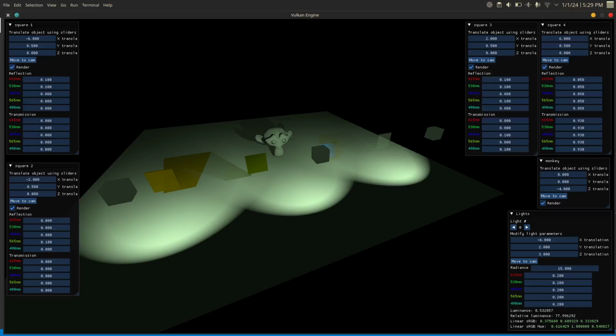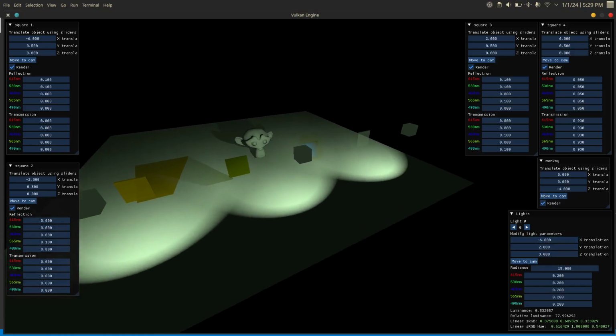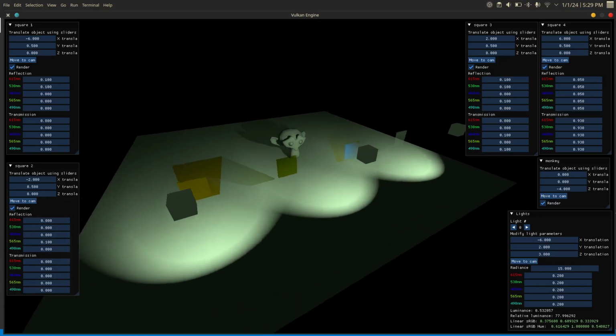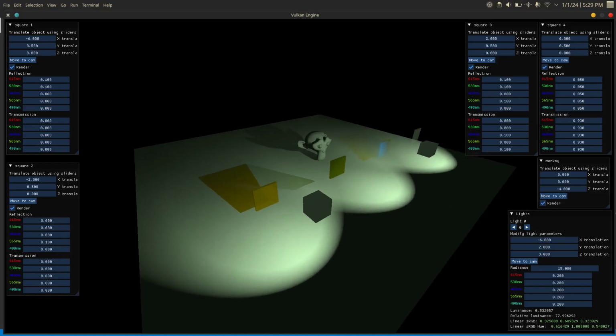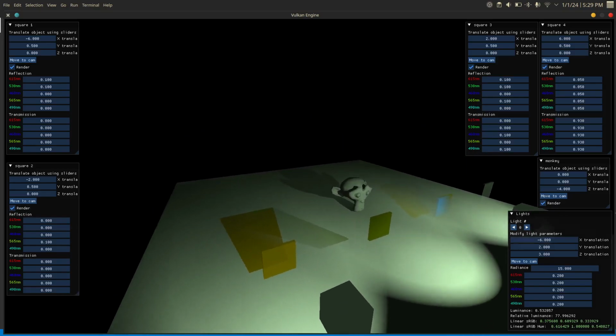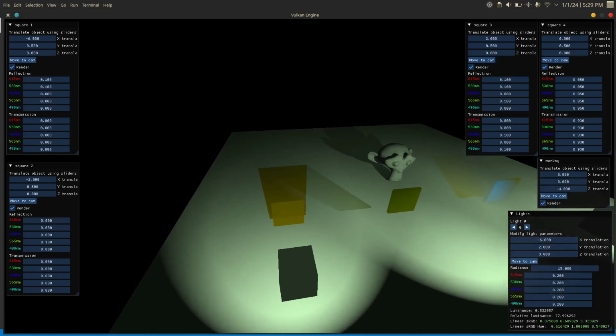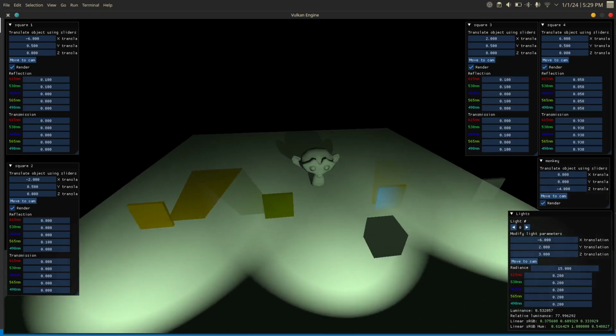Hi, this is Justin Murray, and in this video I'm showing off my spectral renderer using Vulkan. This is rasterized and not a ray traced spectral renderer. So everything is rendered using